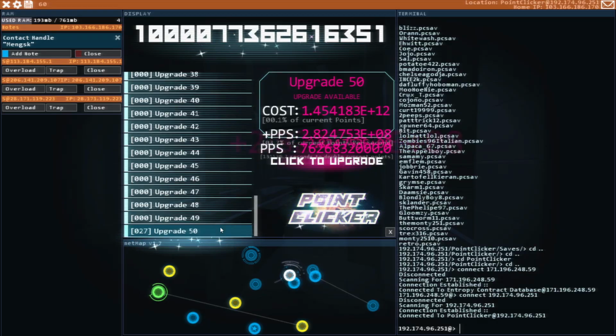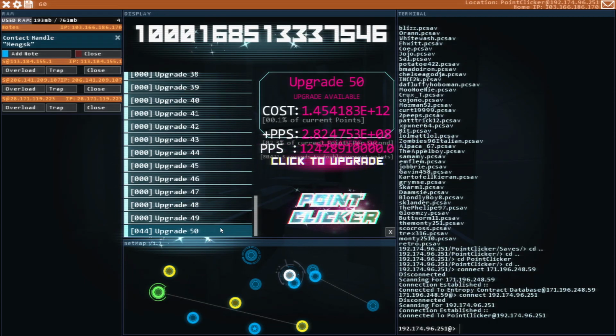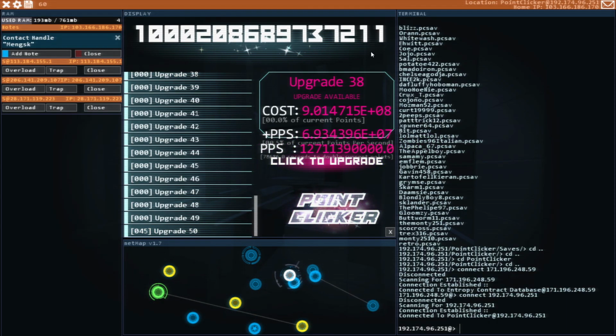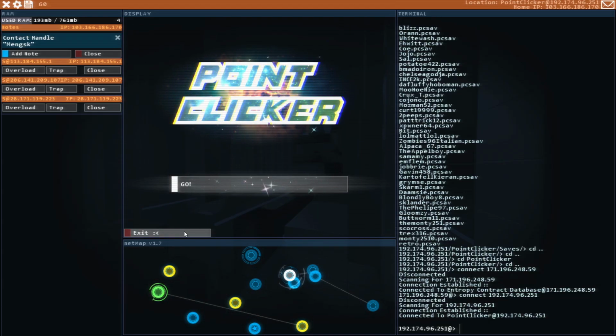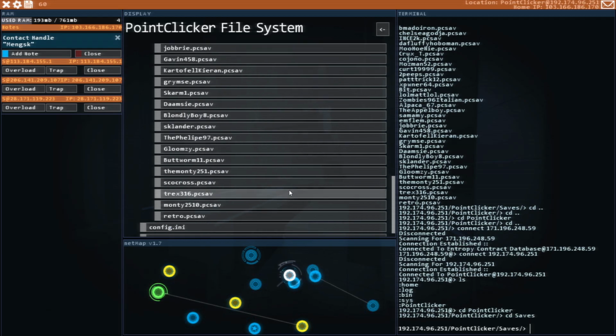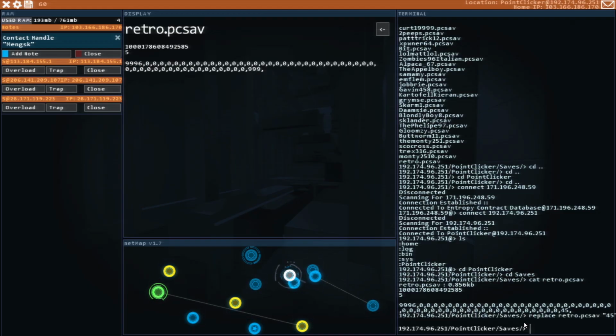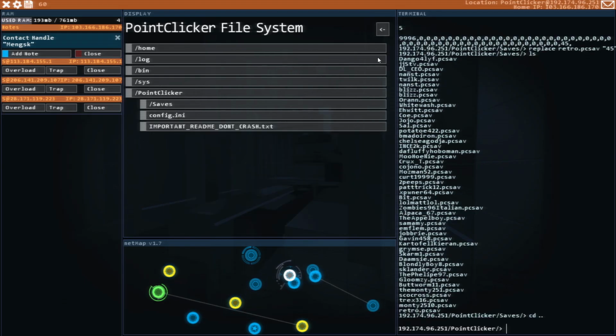Oh, those must be the upgrade things. Like I've got 43, 45 upgrades, say. Okay, if I now come back out here, exit that, view file system, point clicker, saves. Let's just do a replace on 45 with 9,999 or 999. Fuck. Okay, now if we come back,